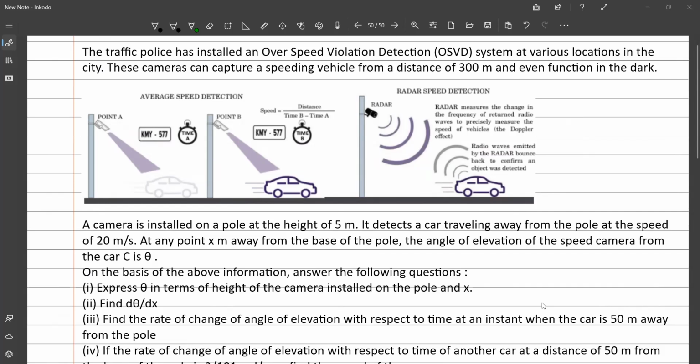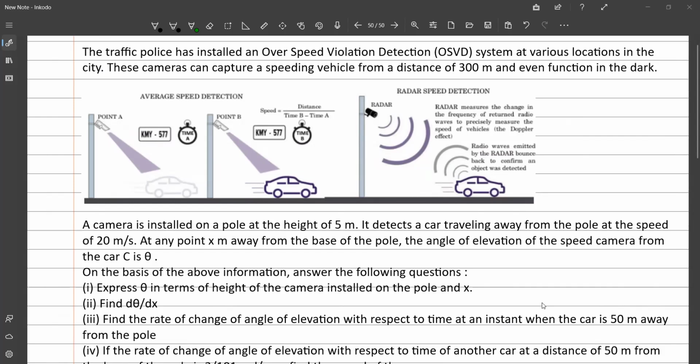So the diagram is given. The camera is seen at a distance. It is seen at a height from the ground level. It is installed on a pole at the height of 5 meters. It can detect a car traveling away from the pole at the speed of 20 meters per second. So as you can see in the diagram, the speeding car moves away from the pole, and the most important